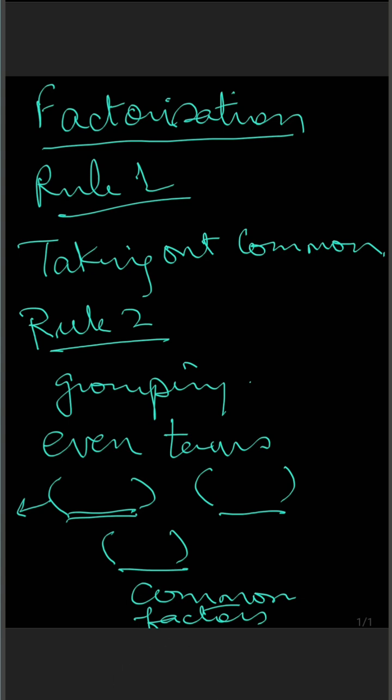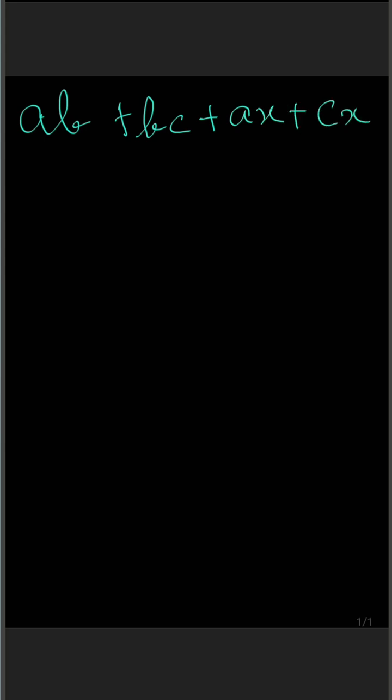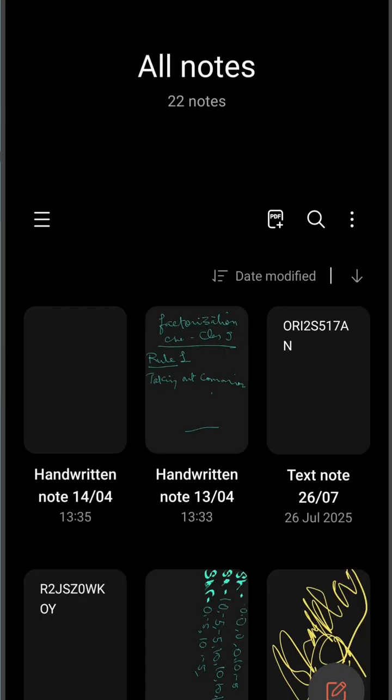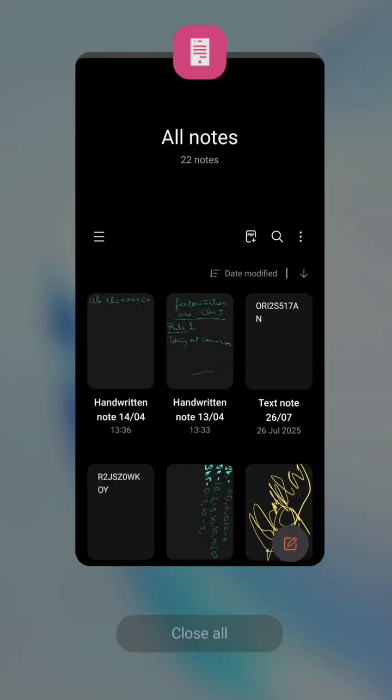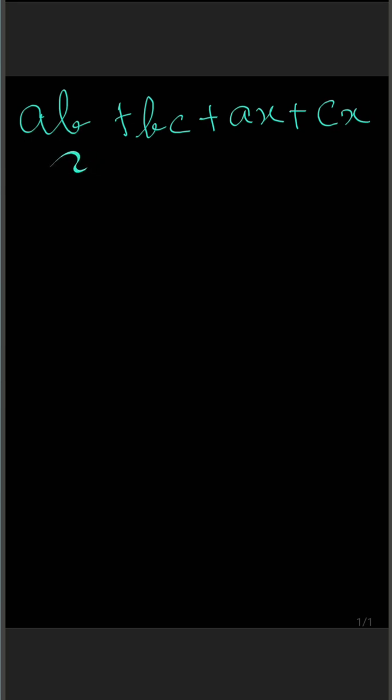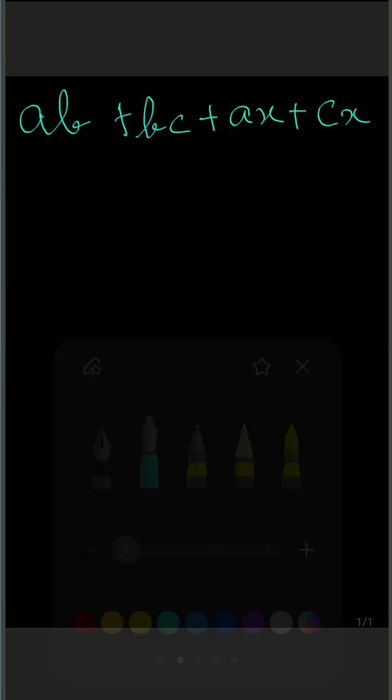So here I would take an example for all of you to understand this method. The first question would be AB plus BC plus AX plus CX. As you can see, there are 4 terms in this expression: 1, 2, 3, 4. If we take these 2 terms together